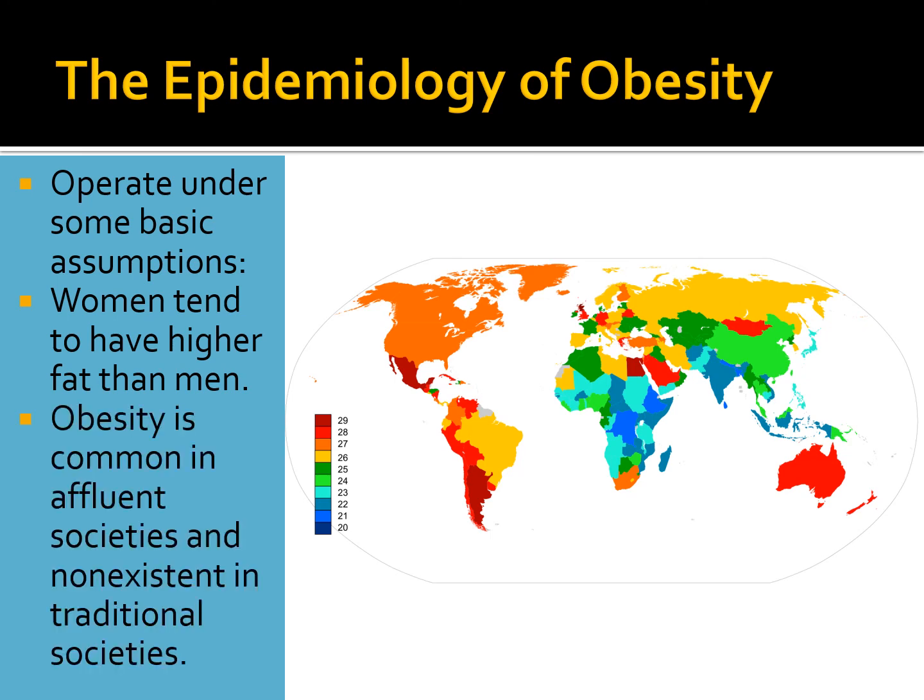Obesity is common in affluent societies and almost non-existent in traditional societies. And that's something that's kind of interesting. When we look at the remaining hunter-gatherer groups that exist on the planet, we don't find obesity. Even when we look in the developing world, we don't find a whole lot of obesity, which is really interesting